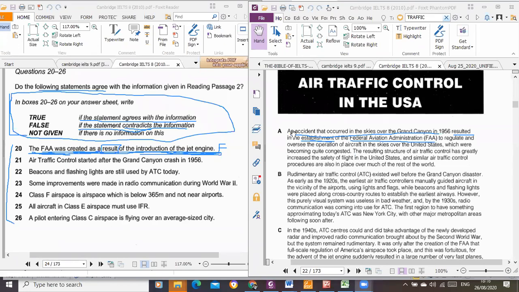So now you can see that the answer to question 20 is false. Okay, so I'll move on to question 21. You can see that's very simple. 21 says air traffic control started